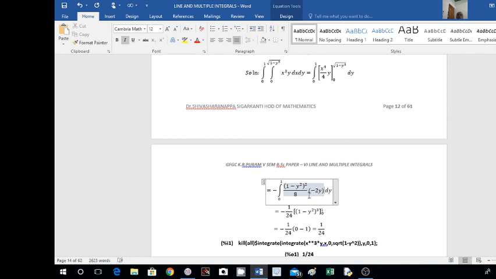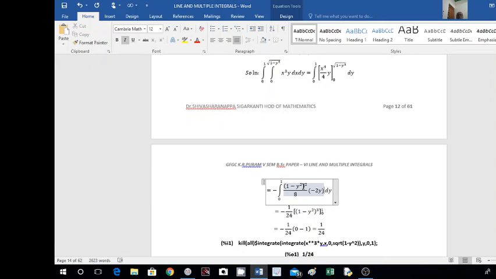1 minus y square by 4 into y is there. I am multiplying by 2 and dividing by 2 here. This becomes 8, this becomes 2y, and here I am taking the minus sign here. Now this is function to the power of n, and this is nothing but our function dash x into dx. Here in this case it is y. And integration of this is function to the power of n plus 1 divided by n plus 1. This minus as it is, divided by 8, I will keep this as it is here.